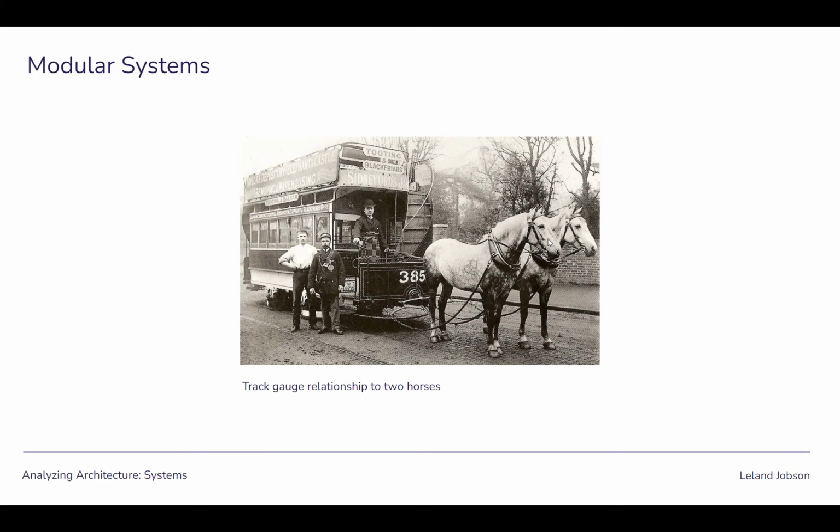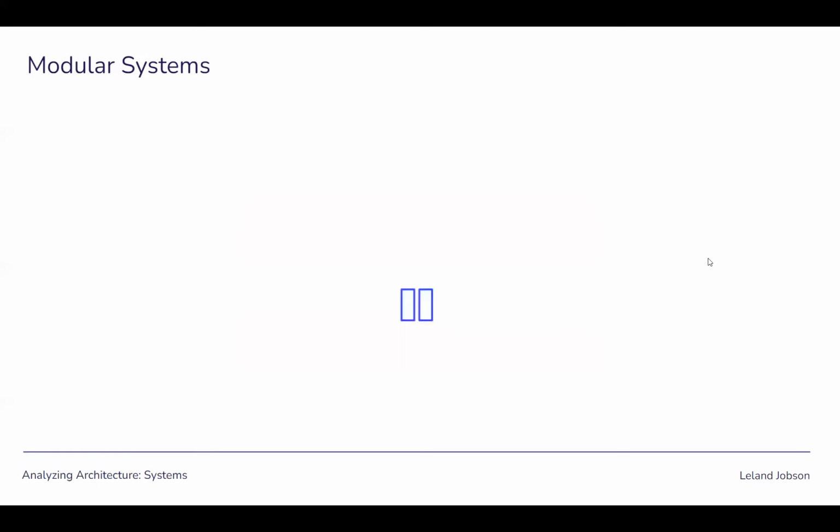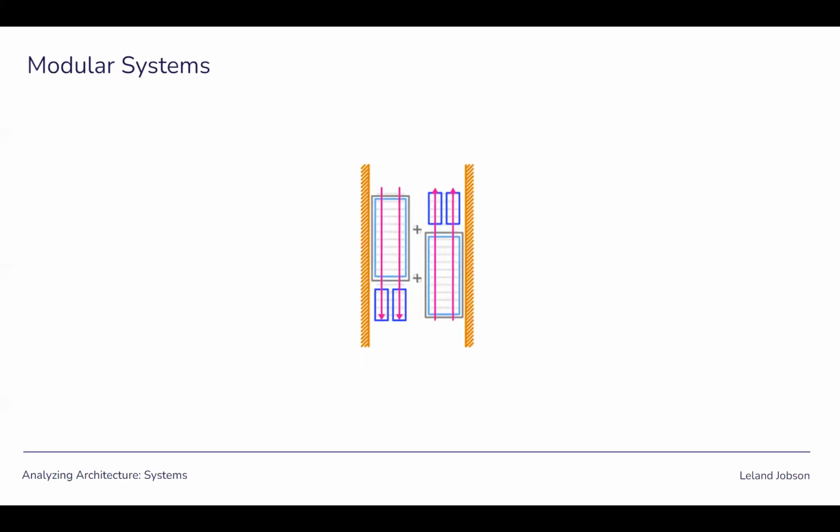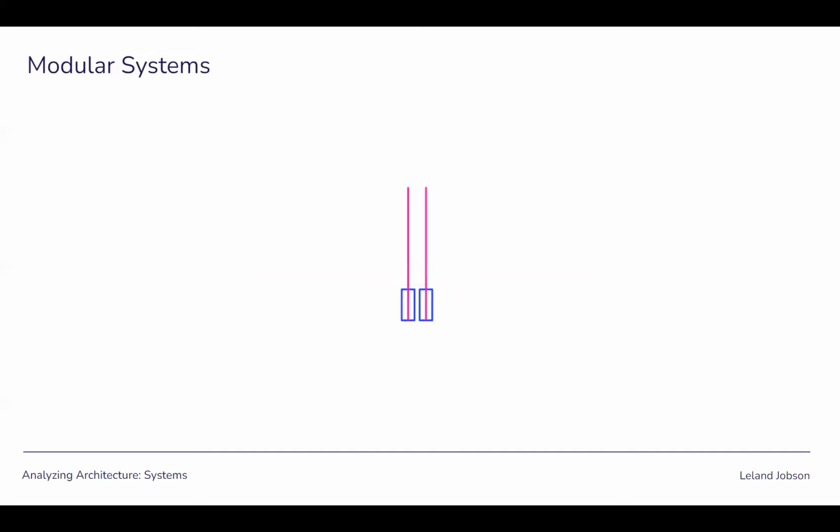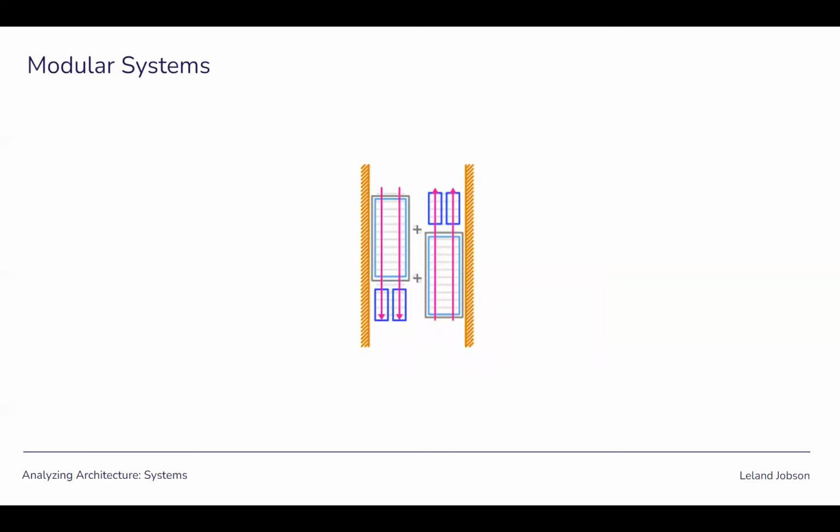Because it was horses that were pulling them, you wanted the horses to comfortably work without stepping over the rail if the rail was raised. In this case here, it's embedded into the ground. Of course, this design had some flaws where, for example, if something gets into the groove, what are you going to do about that? So we quickly iterated on that. This is an animation I put together. The blue box represents the scale of the horses. You have the horses centered on two lines. So really the comfortable distance between two horses set the proportions for cargo, but also the rail sizes,